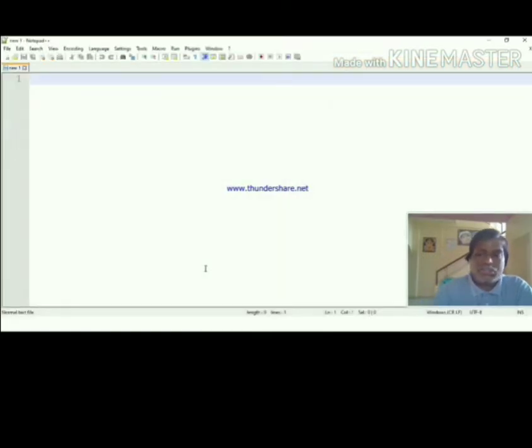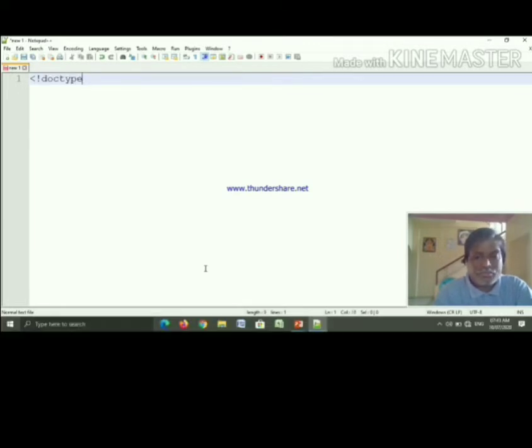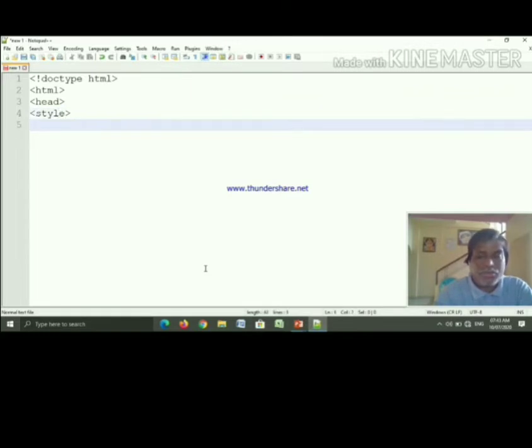Okay, so let us see how we can create the divs at the left and right. See the program: doctype HTML, head, then style. Now we are using the class selector, so use a dot and give the class the name left.